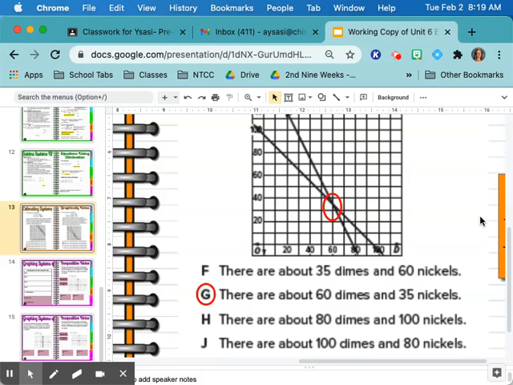Okay, so I'm going to give you your assignment, which is very similar to the foldable that we just finished. So I'll post that